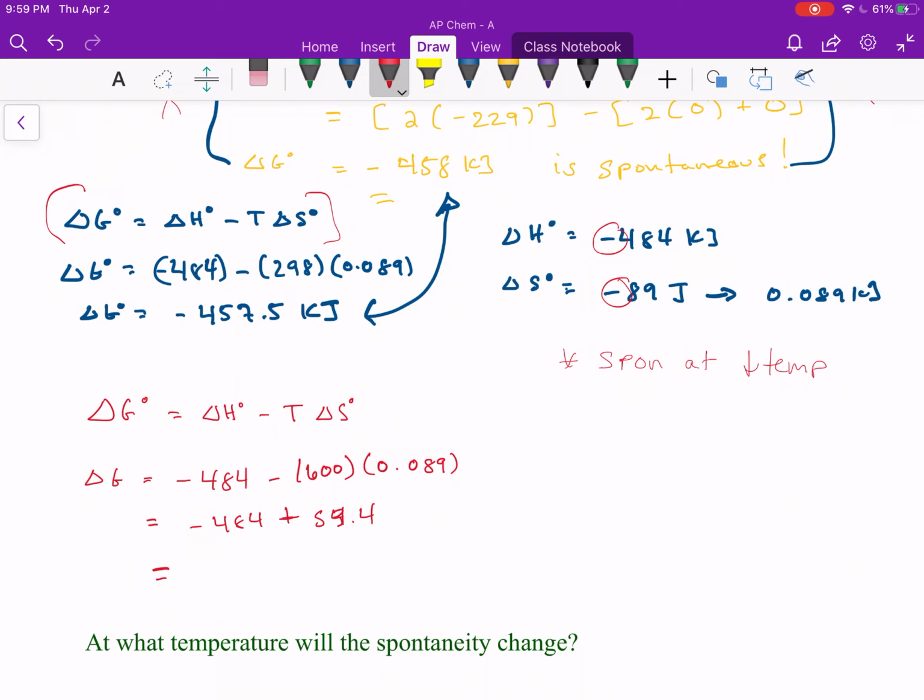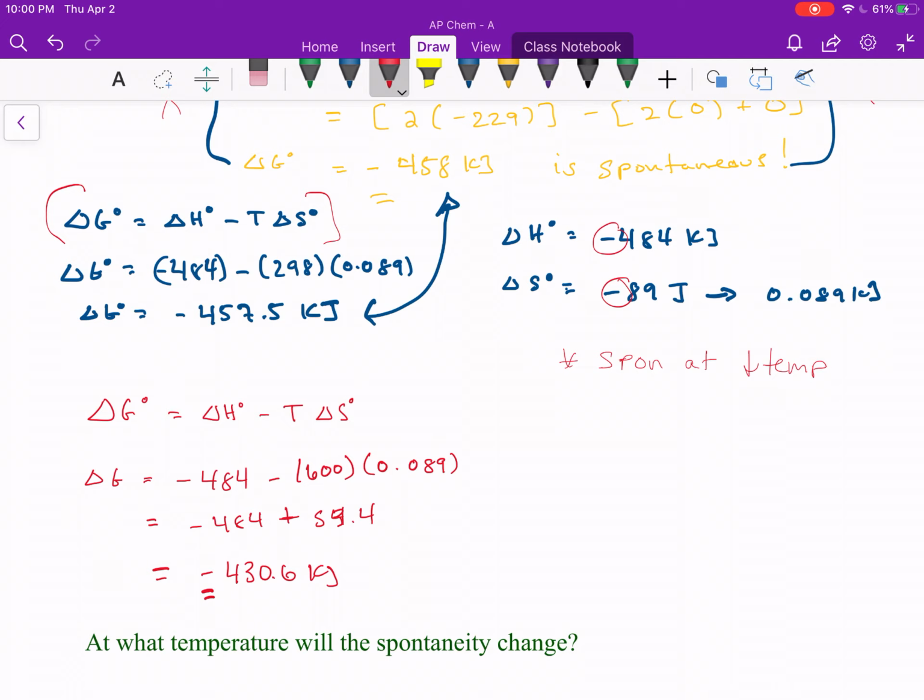And so we can see here 484 plus, oh my gosh, sorry guys, 484 plus 53.4, and that drops that to negative 430.6. Okay, and so you can see that the closer the delta G gets to 0, if it's a negative value,